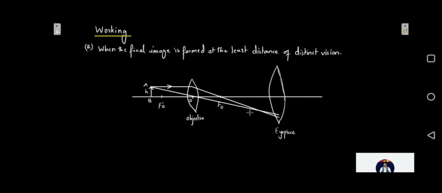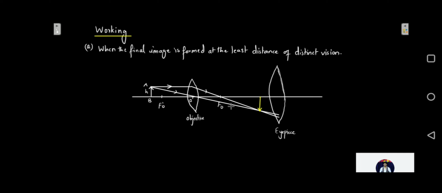Okay. Alright. So if you see, this is the point of intersection over here. This is the point of intersection over here. So my image of the objective is going to be formed over here. I'm yet to draw the ray. So let me draw the arrows first. So this is going to be arrows, okay, and this is going to be my image formed.